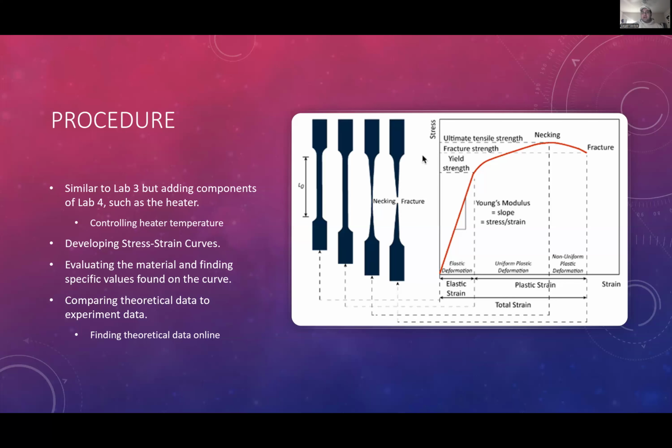The overall goal for the lab would be to, of course, do the data processing like we did in Lab 3. However, we're adding the element of developing stress strain curves, specifically the one that I showed to the right here. This is a really good example that I liked. And evaluating the material and finding specific values found in the curve. I did make a note in the lab manual that the plastic non-flexible ruler, we'd want it to go to the fracture point due to the weight, and I think that'd be a really good